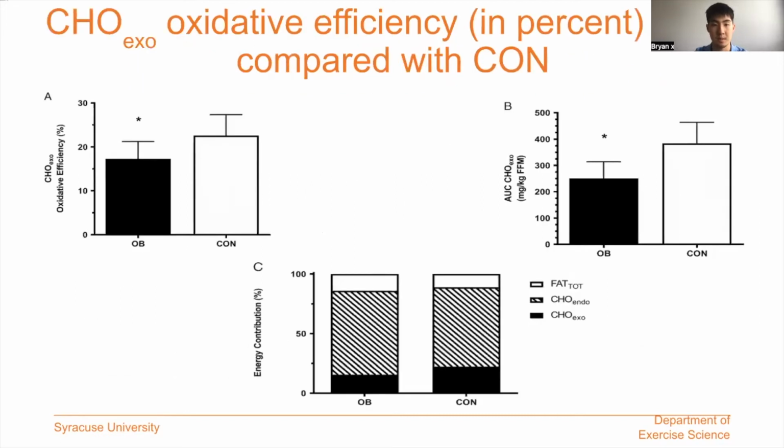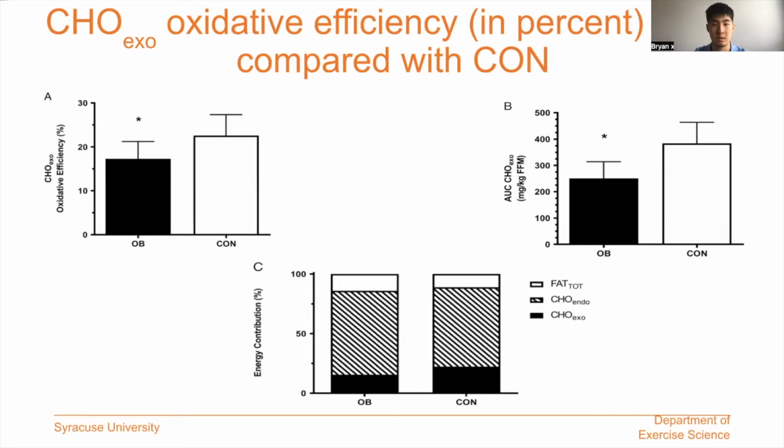Next, the bar graphs below illustrate exogenous carbohydrate oxidative efficiency and the percent contribution of endogenous and exogenous carbohydrate, as well as the total fat contribution to total energy expenditure during exercise. Graphs A and B further help illustrate the rate of exogenous carbohydrate oxidation efficiency between the control and the obese